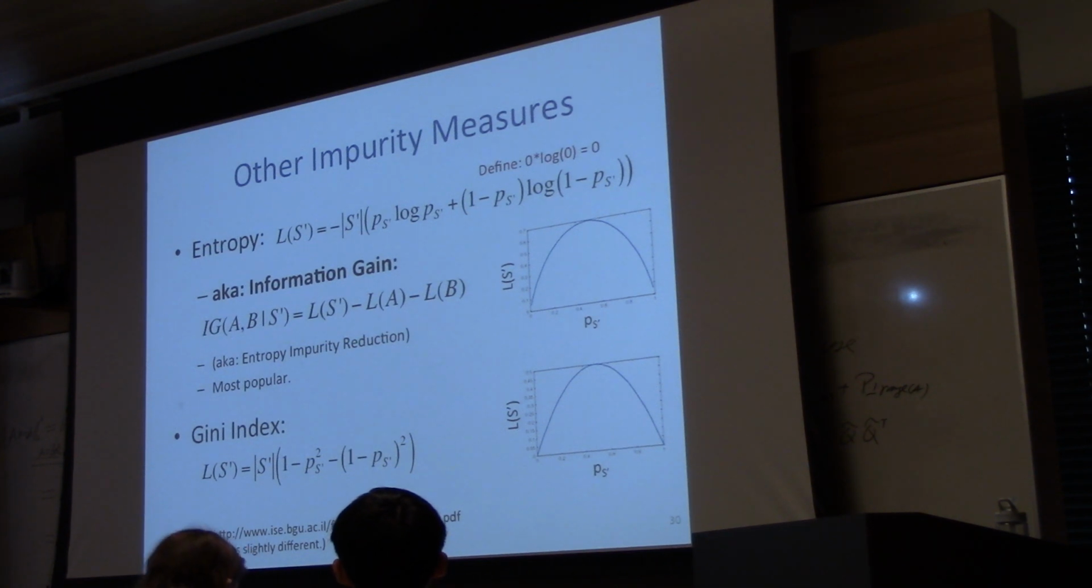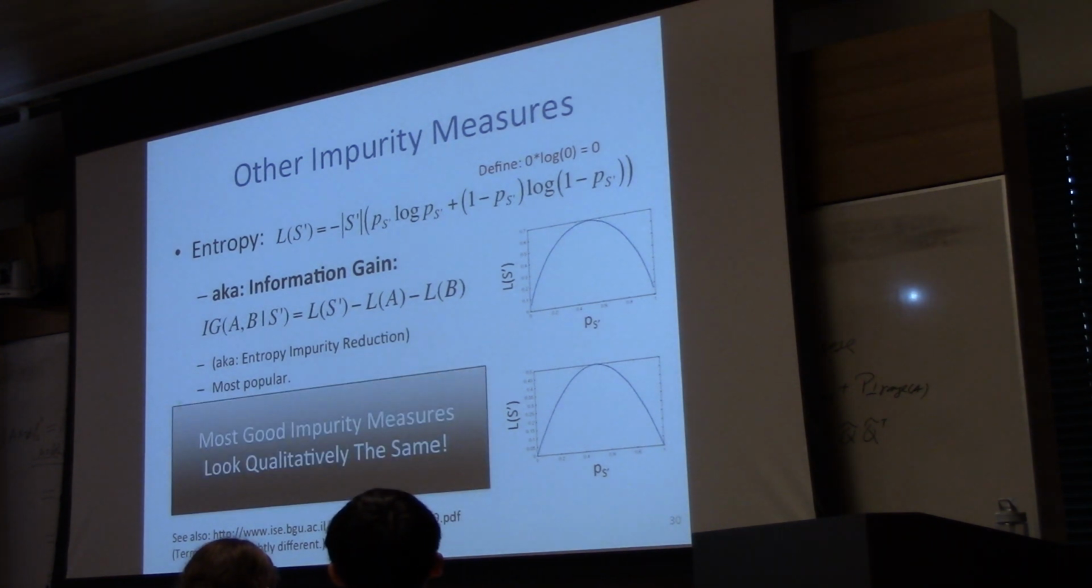Used in practice for classification, it kind of looks like this. So it doesn't matter too much which one you choose. They all kind of look the same. Yeah? So it seems like all these measures will do really well when you just give each data point